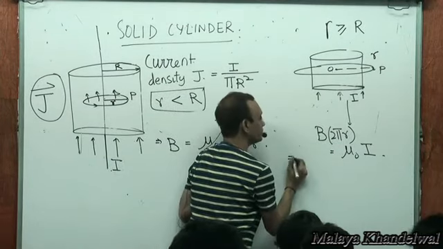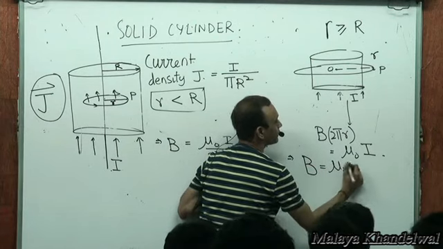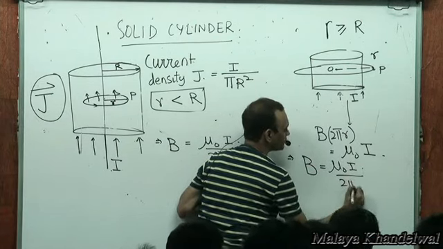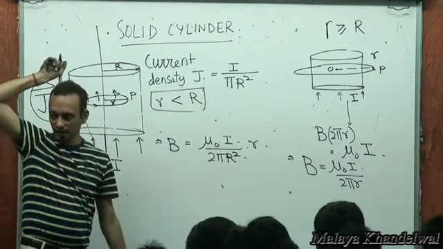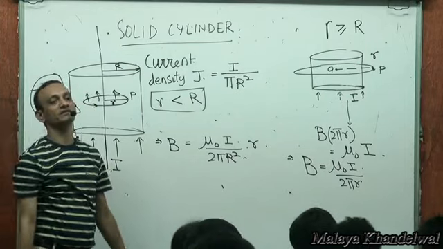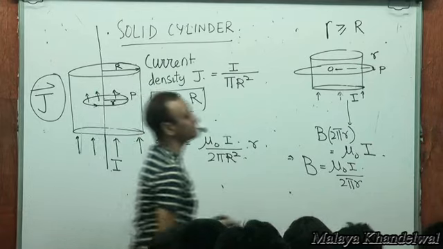So then B goes like mu naught I divided by 2 pi r, which is like an infinitely long current carrying wire, right? For points outside, it behaves like a thin long wire, right? And therefore, if you have to trace the graph,